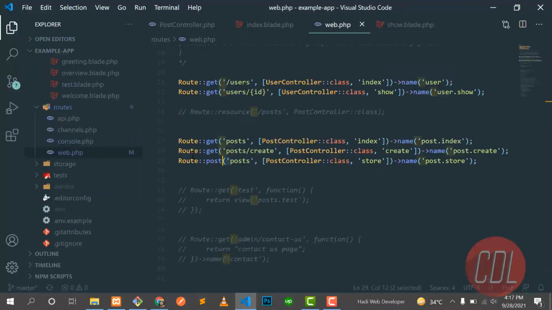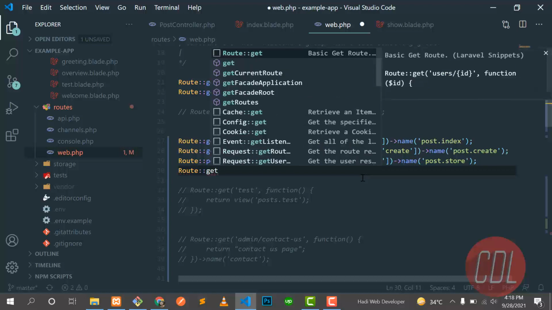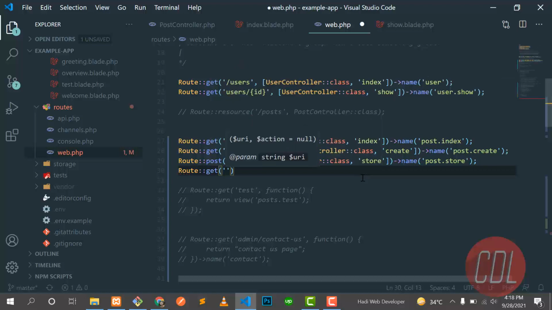And now let me create a new route here for when I click on this. So I will go to this show blade. The route will be a get route, and this should be post slash show slash id, because when we open any single post, we need an id, and then we will get the information from this id.